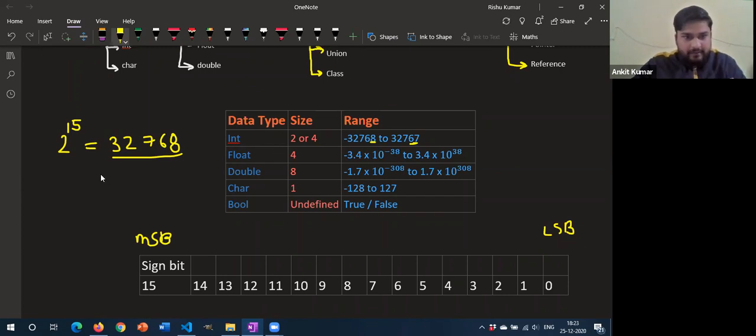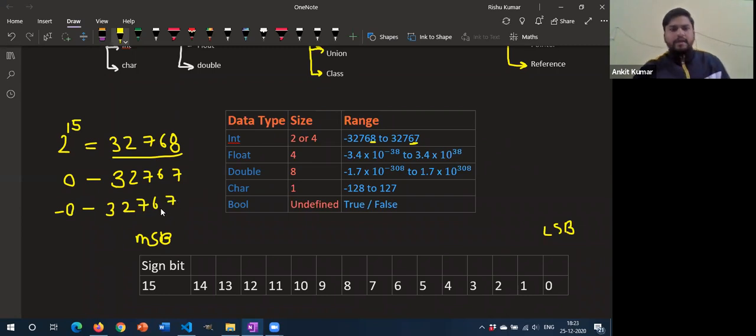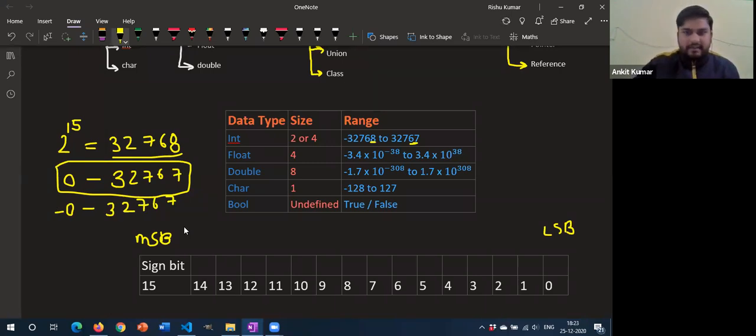It is because when you count the numbers, you count from 0 on the positive side. It will be from 0 to 32767. Okay. And on the negative side, it will be -0 to -32767 again. This is like that, because in a computer we count from 0. So on the positive side we can have 0 to 32767, and on the negative side we have -0 to -32767.